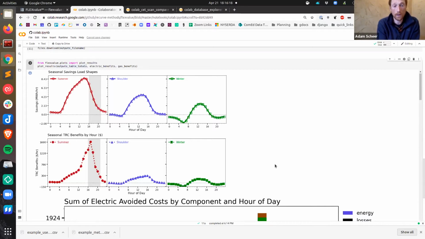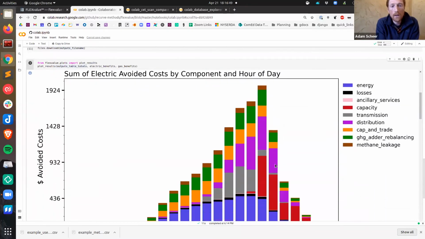In California, the summer peak hours are much, much more valuable on average than the rest of the year. So you can see that the spike in avoided costs relative to the shoulder and winter seasons especially is really pronounced in that summer avoided cost curve. And that's a reflection of the fact that a cost effectiveness calculation is a combination of the load shape and the avoided cost profile. So if you scroll down a bit, you also get a plot output that gives you